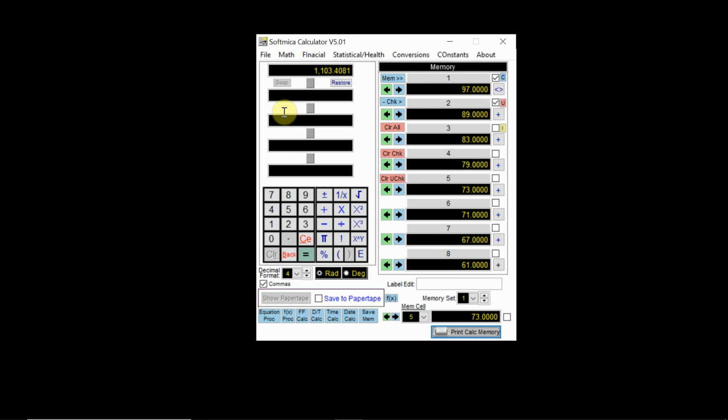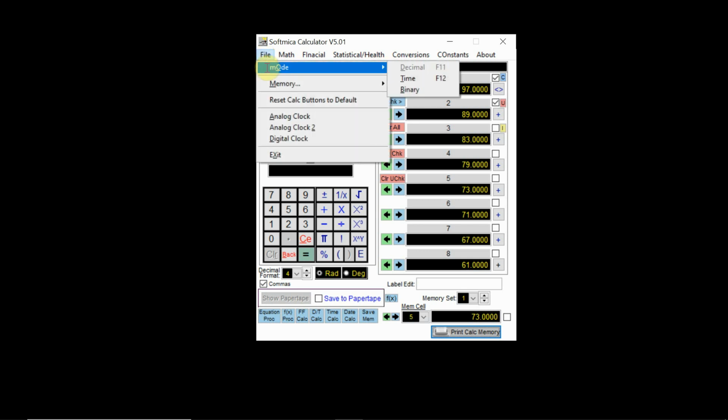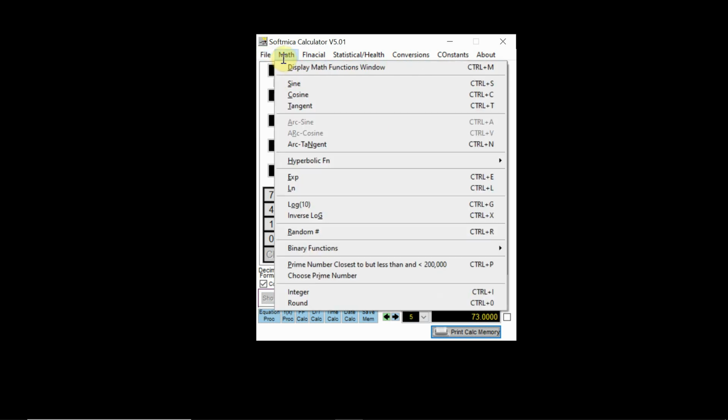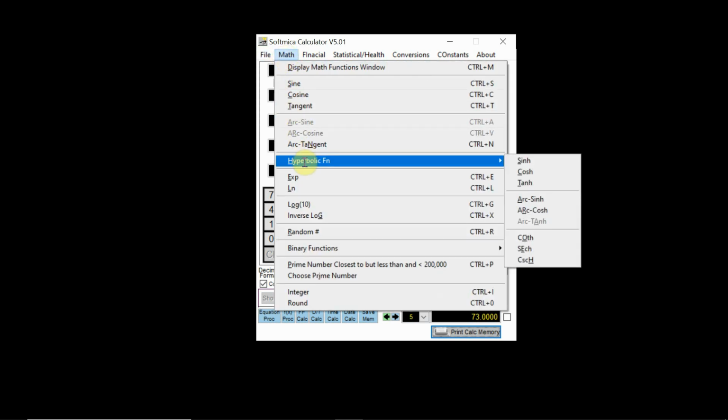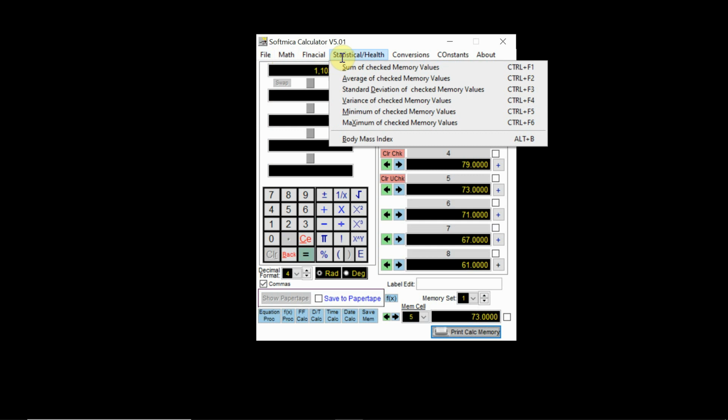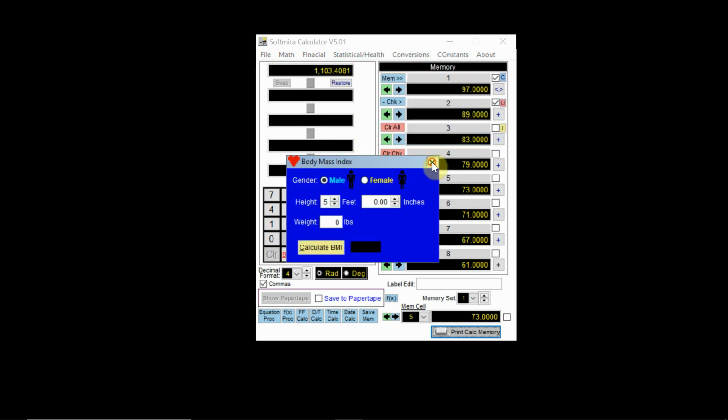I'll use these memory values in just a minute. All functions in SoftmicaCalc are available from the main menu. These include memory functions and mode changes, math functions including hyperbolic, financial functions, statistical, and a health function, which is a body mass index calculator, and a